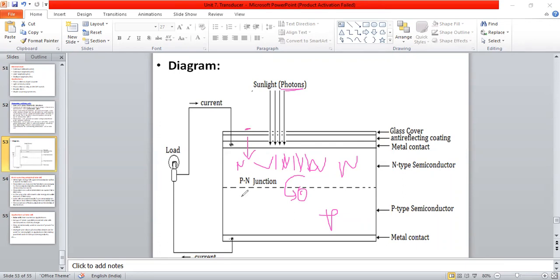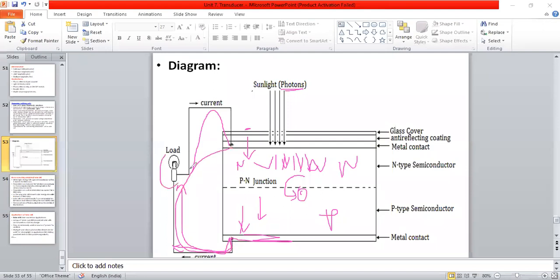So what will happen? The depletion layer will decrease, and the electron-hole pairs will get a direction of current. Because of this excitation, an EMF is induced here. Whatever current is generated will be collected through the metal strip and go to the load. Now the LED will turn on, and the current will go back to the opposite terminal. Now a closed conducting path is made, through the P type metal strip to the N type metal strip.